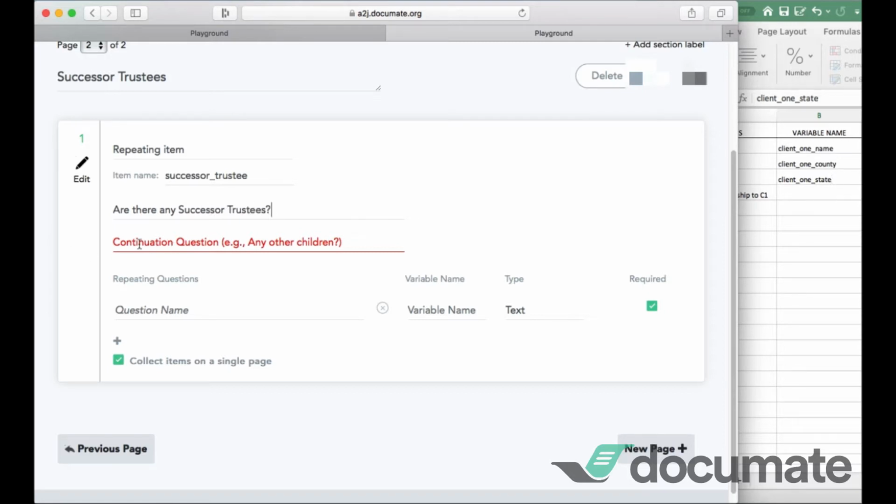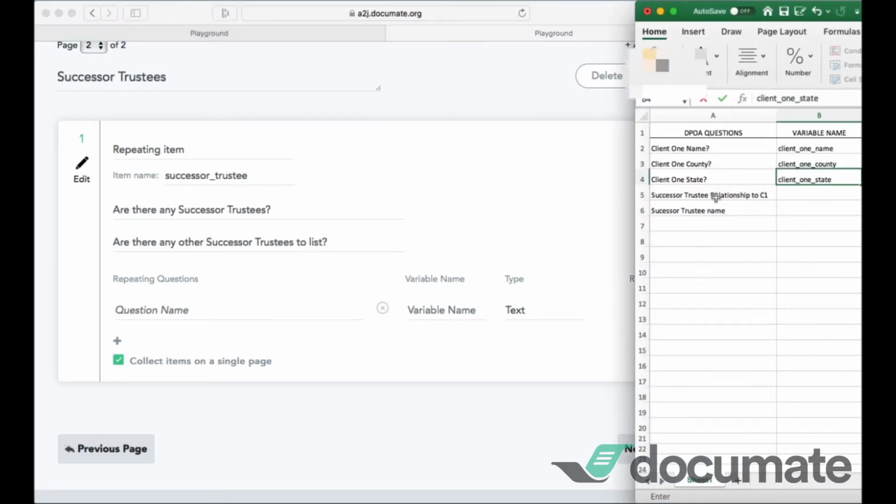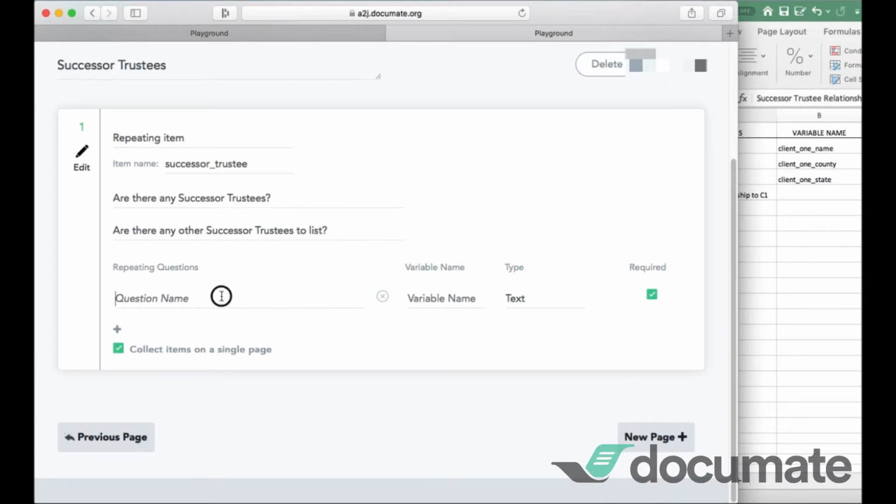The continuing question is the question that's going to be repeated until the answer is no. So it'll be, are there any other successor trustees to list? Now, what questions we want to ask? Let's go to our Excel spreadsheet. We know we need to ask the trustee's name and the relationship to Client 1. So let's go ahead and ask,